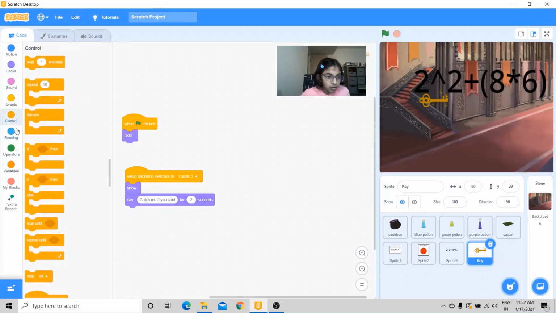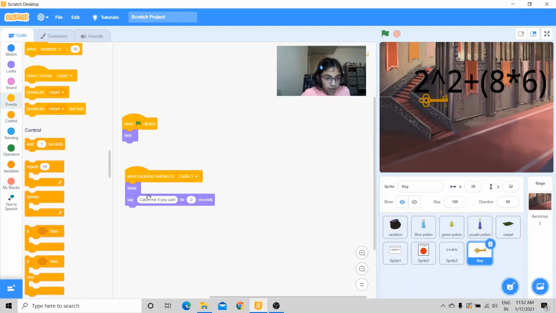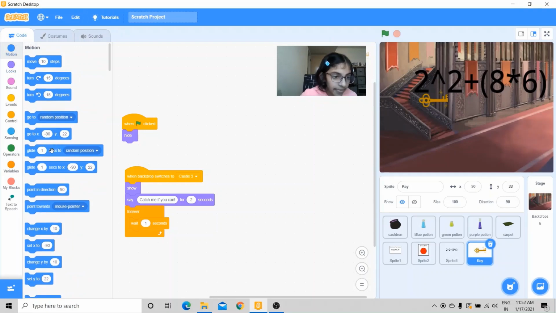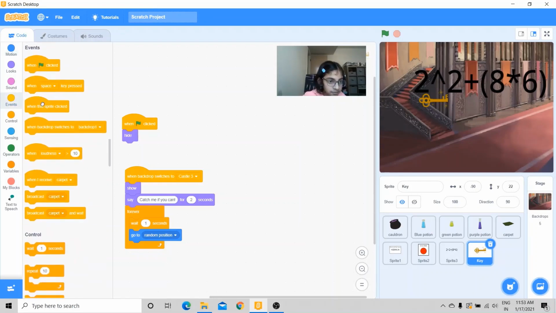Now let's go to control, the forever loop, and now go wait and now wait for 1 second, and then go to random position. So it's going to go for 1 second. Like after 1 second, go to random position. After 1 second, go to random position. Now, when the sprite clicked,